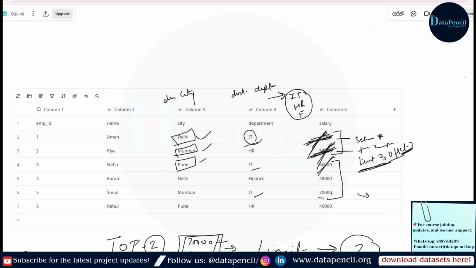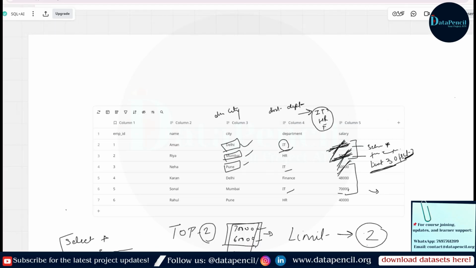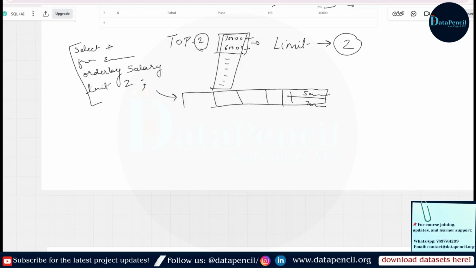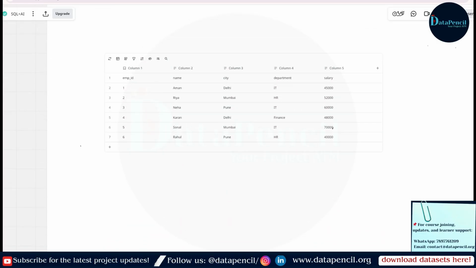How can you count? It will be a large data. So to count the rows, we use a function which comes under the aggregate part, and we call all such functions aggregate functions. So now it's time to see what the aggregate functions are and how they are useful for us.